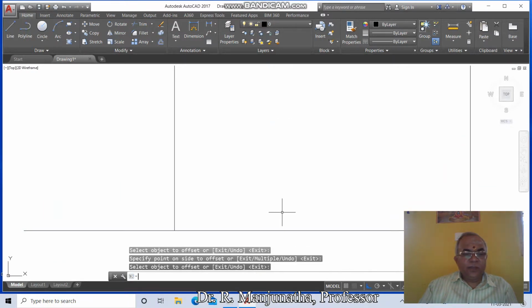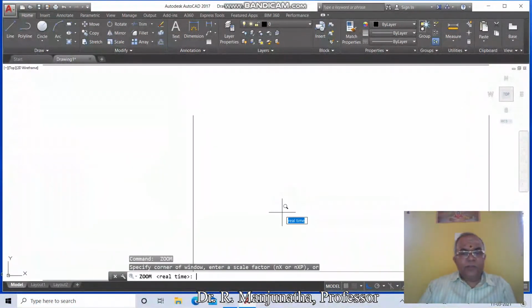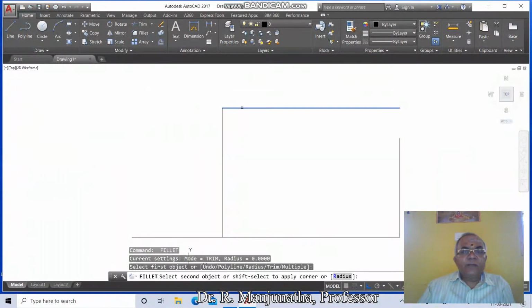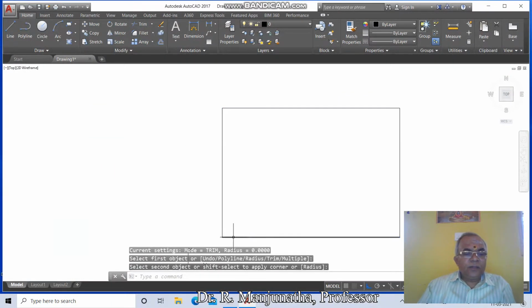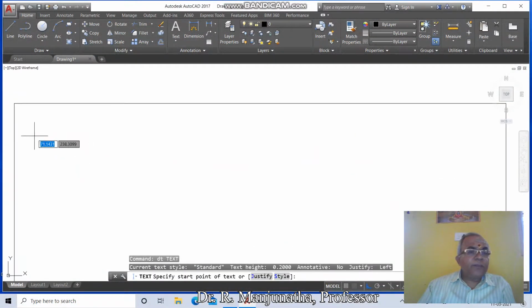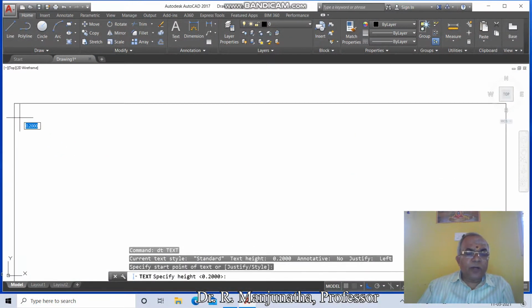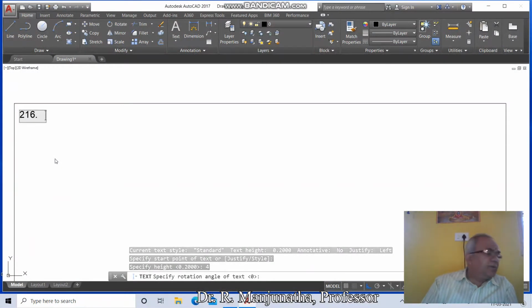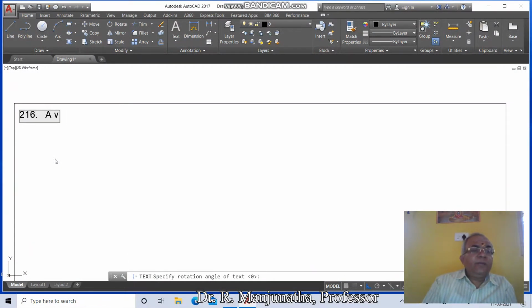Then go to zoom, extents, zoom 0.6x, then go to fillet between this line and this line, fillet between this and this, fillet between this and this. Then go to zoom window. Now here you just go to D-text, specify start point, select some point, take the height as 4, rotation angle of text as 0, type 216 and give some space, and go to A, vertical cylinder